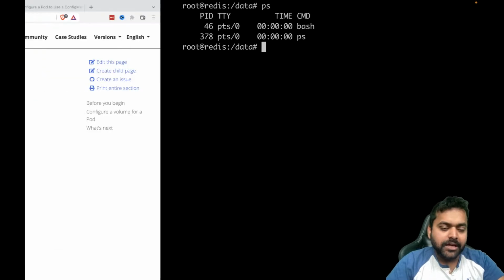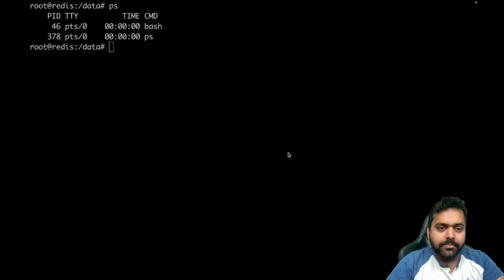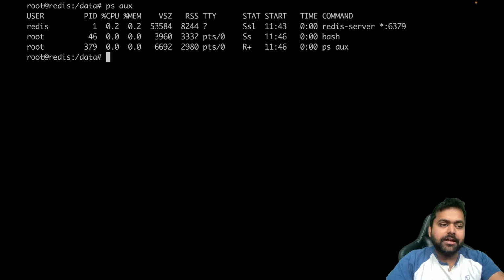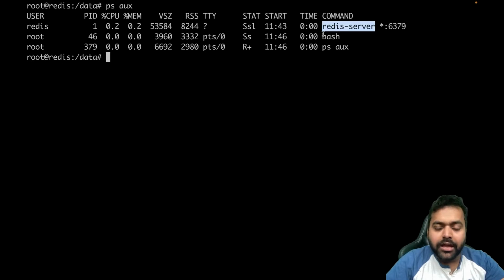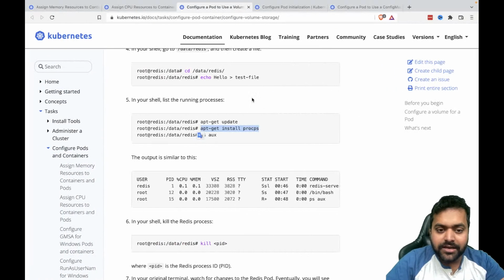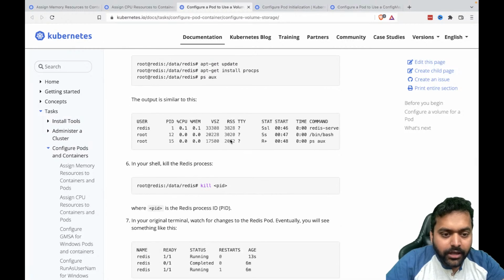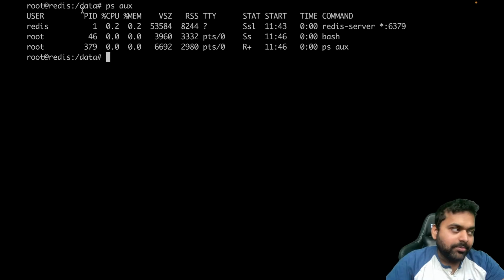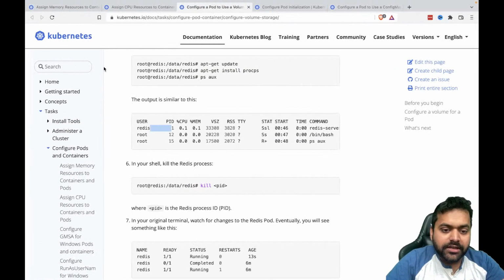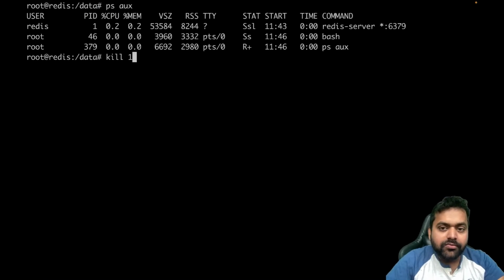Now if we see ps aux, similar to how we do on Linux, you will see that Redis is running and bash is running and ps is running. Okay, now we will have to kill the Redis process. Okay, kill PID. The PID means process ID of that thing,